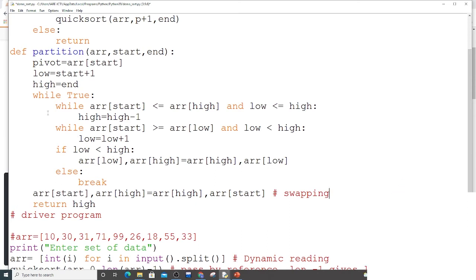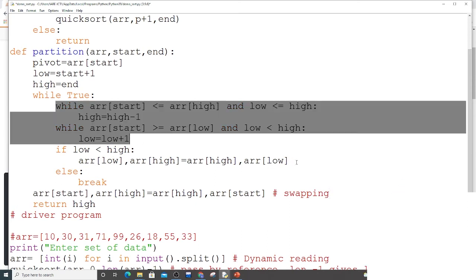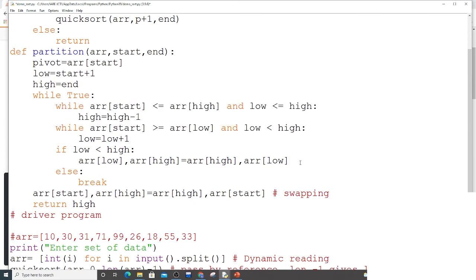And here, when the internal 2 loops are over, here also the interchange happens, the low and high are interchanged, but not with the pivot. Because here your target is that all the elements towards the left of the pivot must be less, and whatever elements are available towards its right must be greater. That's why you are interchanging here. So swapping occurs, and this way the elements are interchanging.